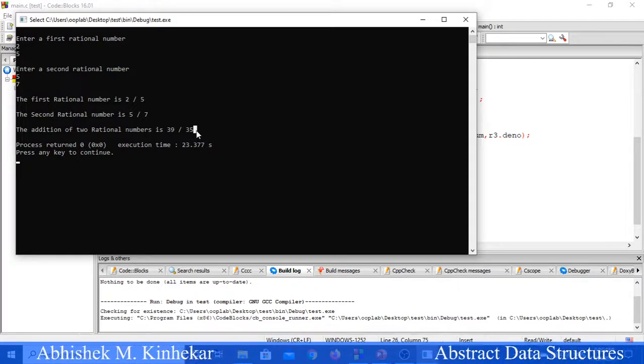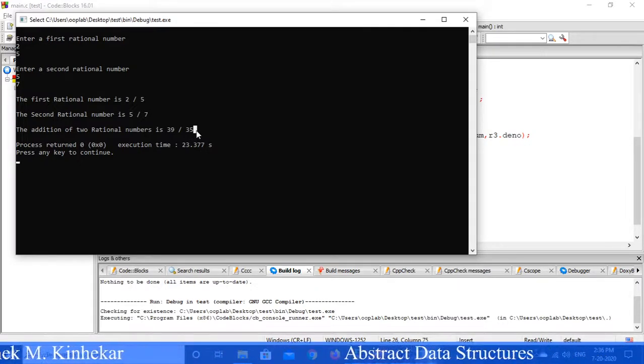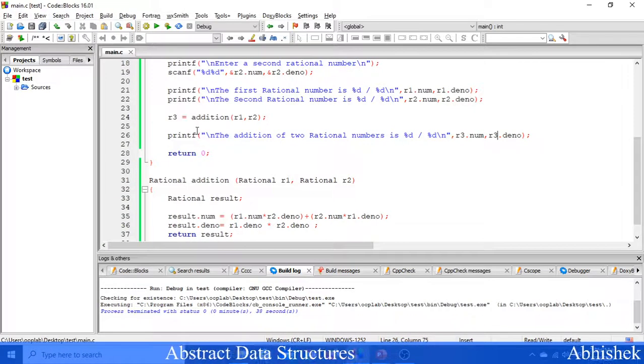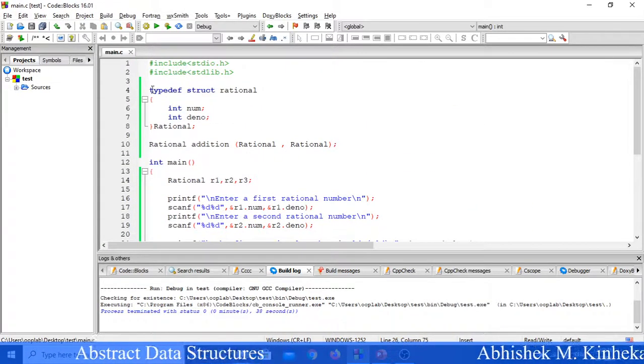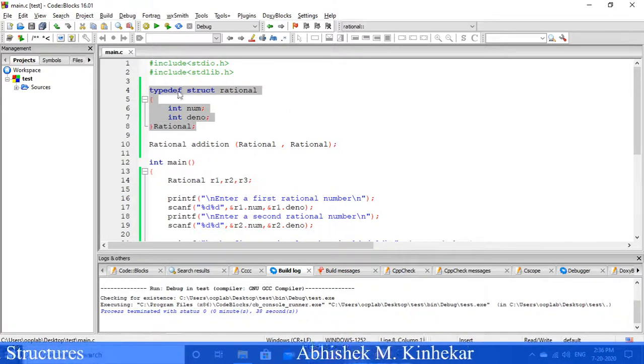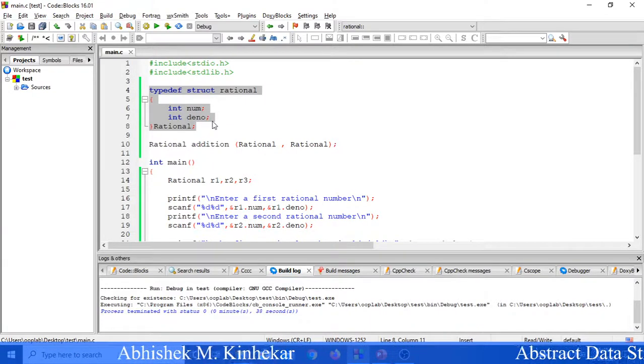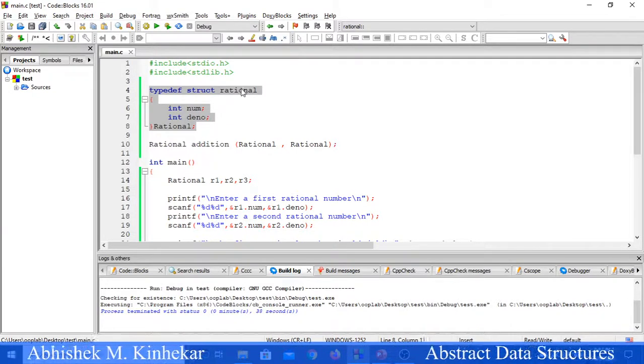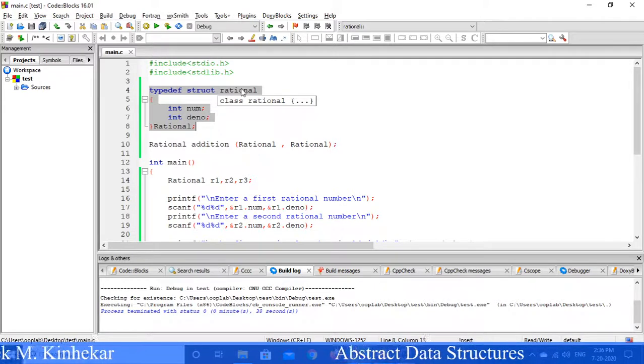So this is how we perform or define operations on it. In this case, we can simply understand our ADT by this code. What did we do? We created an ADT simply by writing something like this. A structure is declared, that is, we have created an ADT. Now this ADT is a collection of, as per definition, what is it? It is a collection of data and operations.